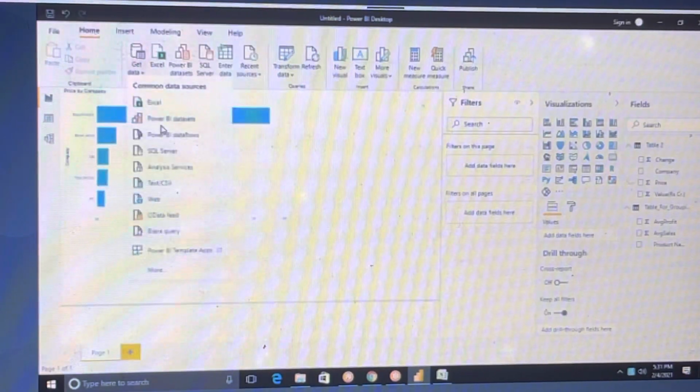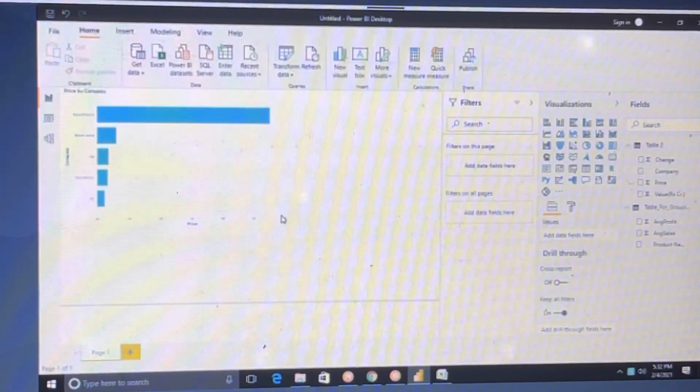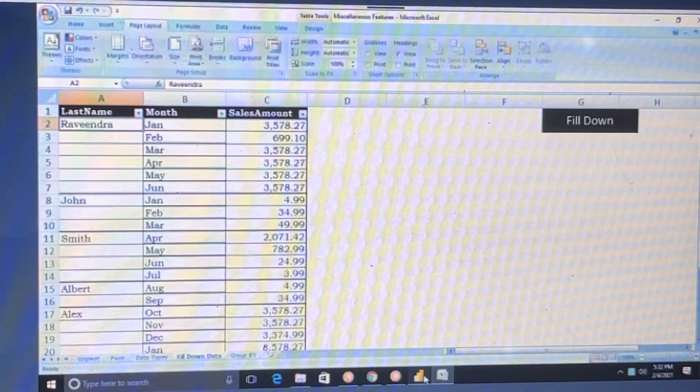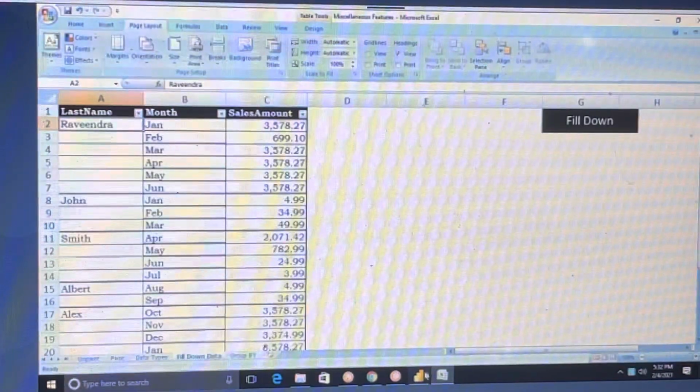Again, click on get data. Click on Excel. In Excel also, you can do that fill down. But in Power BI, how will you do it? See here. Where is this?